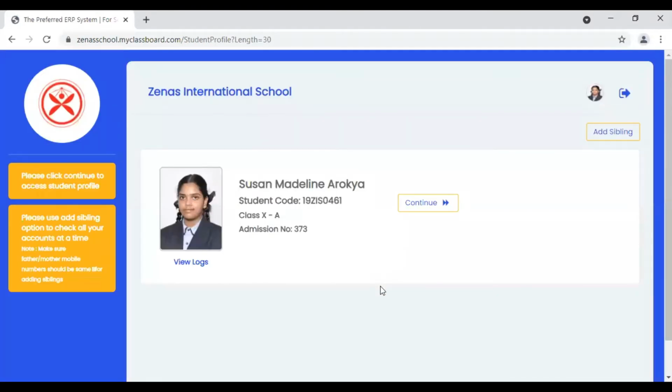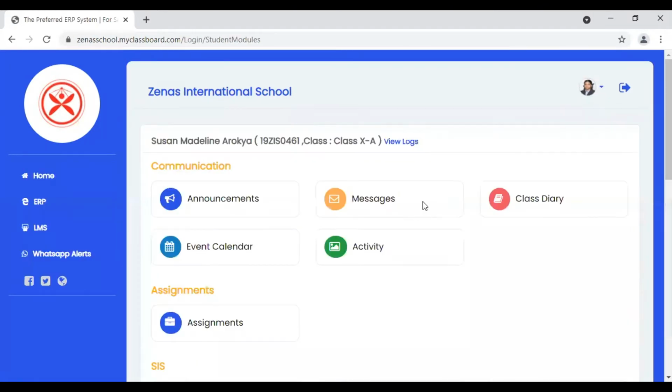Children, once you log in, this is the dashboard you will be seeing. Here you'll see your profile with your name, code, class and admission number. Click on continue to go to the options.